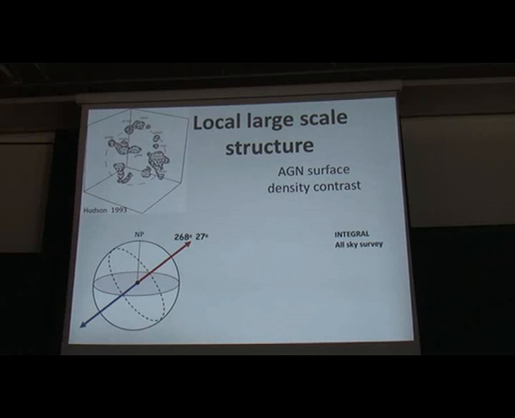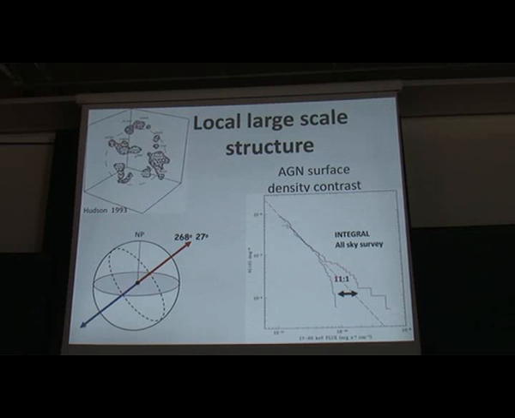And with the INTEGRAL all-sky survey, you see this already with the available sample. If you divide your sky in two parts, one part directed this way, another part directed this way, and you construct the log N log S distribution in these directions, you easily see this difference. And this difference, the probability that it would arise from a random distribution with the same anisotropy, is less than 3.5 or so sigma, or almost 4 sigma.